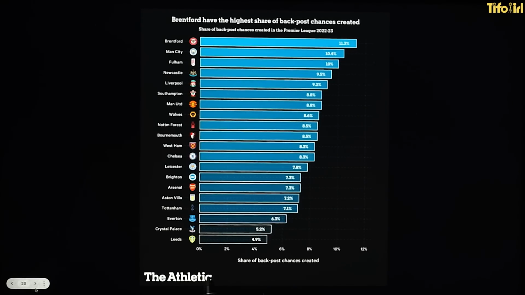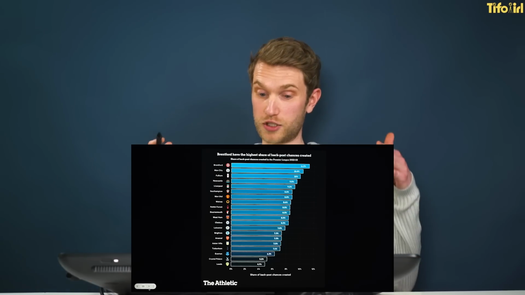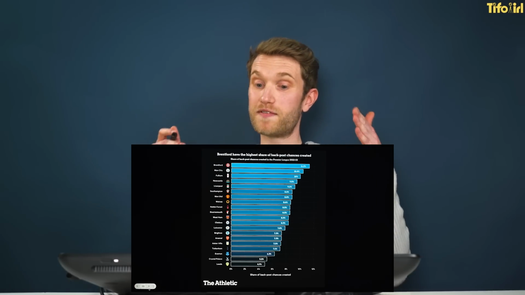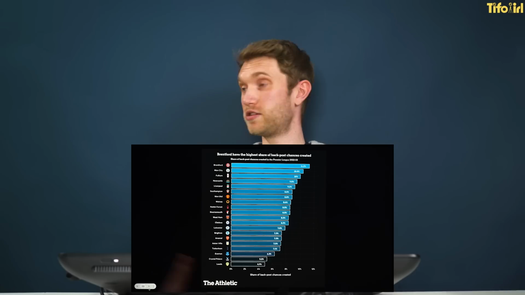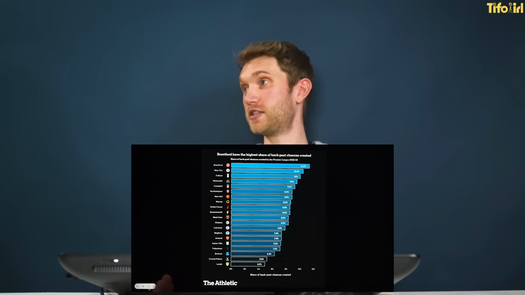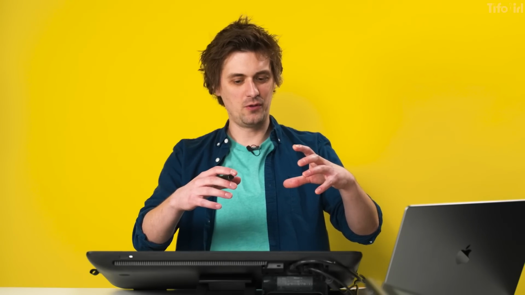I think it's really interesting that Leeds are right at the bottom because they are just a team who, under Jesse Marsch especially, I know he's not there anymore, funnel into the centre of the pitch. They're not interested in crossing at all, so it feeds really neatly by the numbers. But isn't that quite a high value way to score a goal, to get through the middle? Because then the middle is where you get high value chances, right? Yeah, but it's a very dense part of the pitch, right?